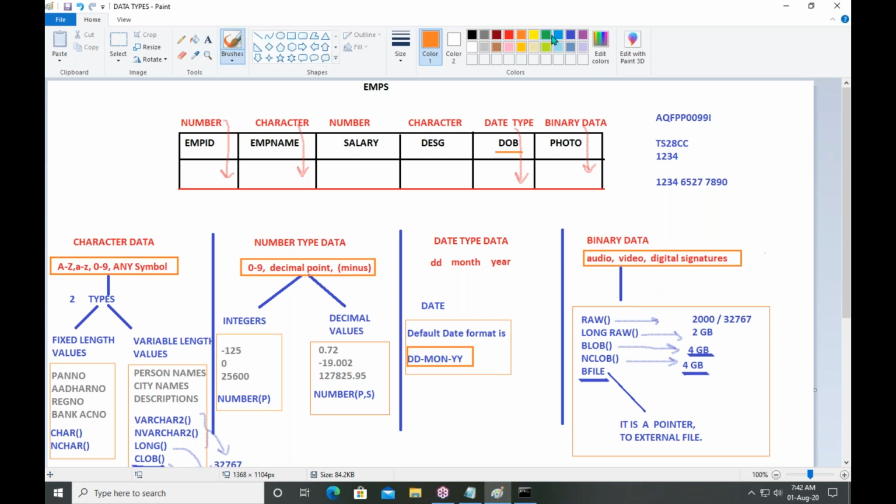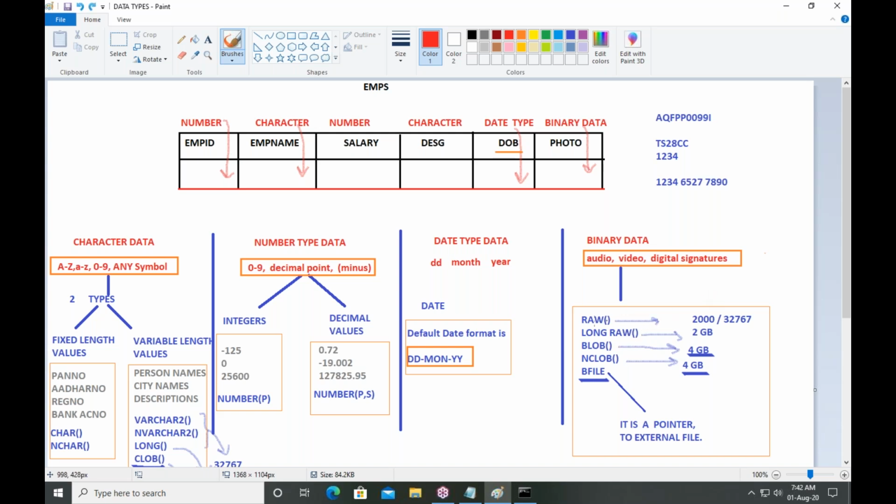We have different data types here. See: RAW, LONG RAW, BLOB, CLOB, NCLOB, and BFILE. These are the data types to store binary data.